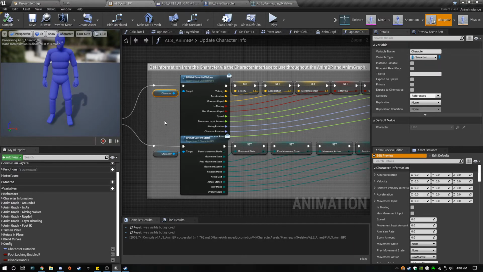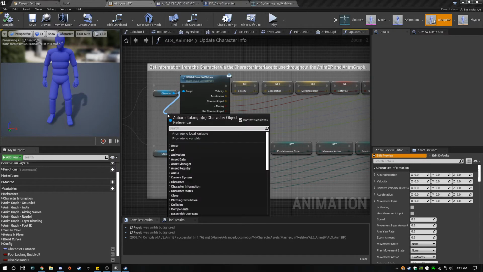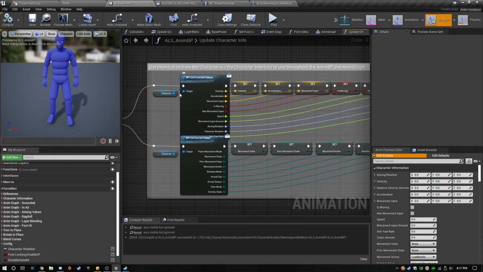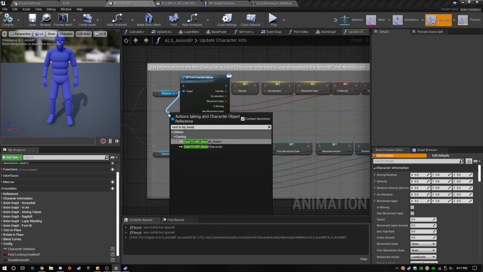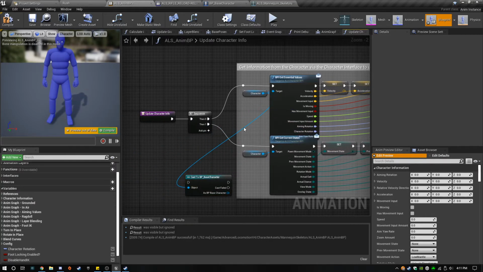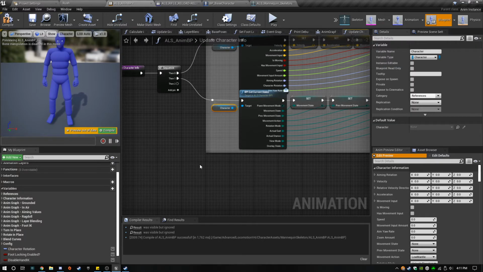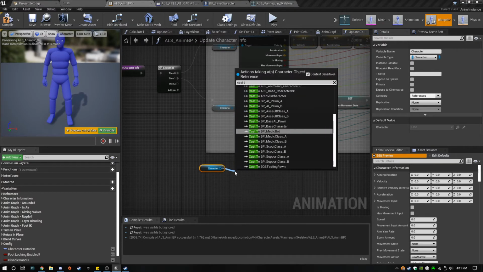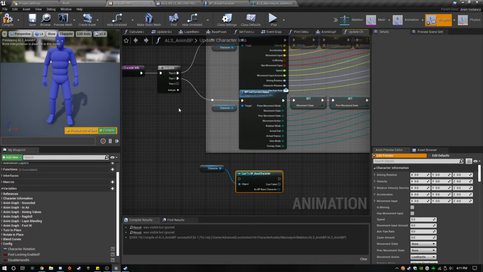Type is character. ALS character BPI. Cast to BP base character. Actually, we're gonna clean this up a little bit here, and cast that to our character class, BP base character.